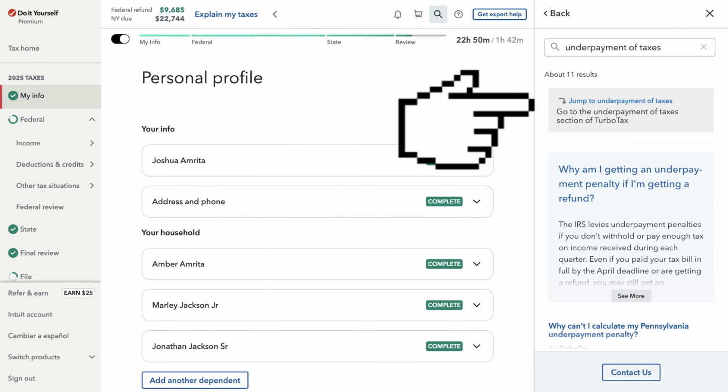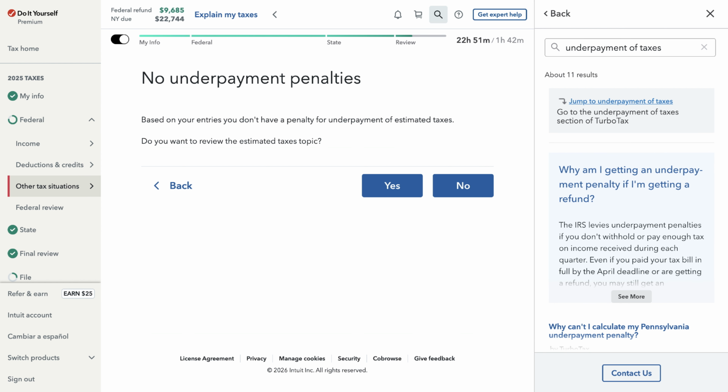These search results will appear, then hit this jump to underpayment of taxes button. As of right now, I do not have any underpayment penalties, but if you did, usually TurboTax will let you know how much penalty you have for underpayment of your estimated taxes. Either way, to file Form 2210, you may just hit the continue button and make adjustments according to your needs